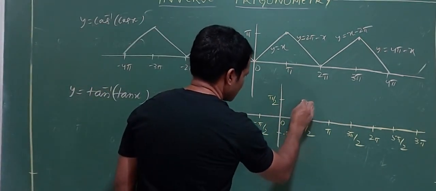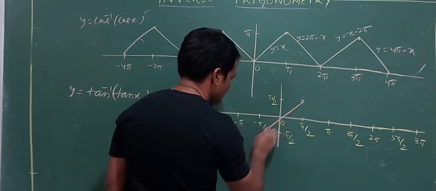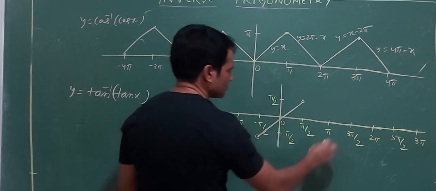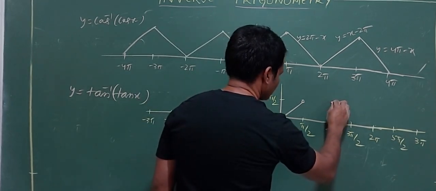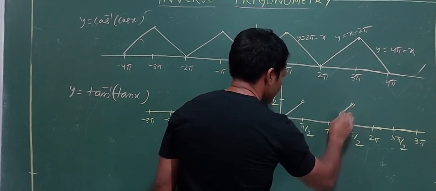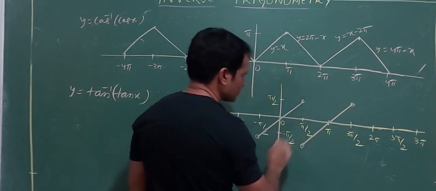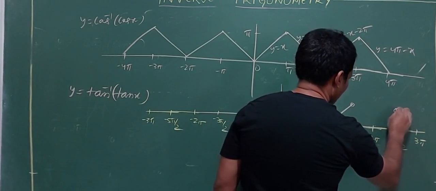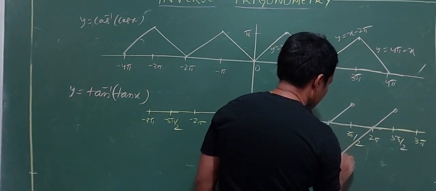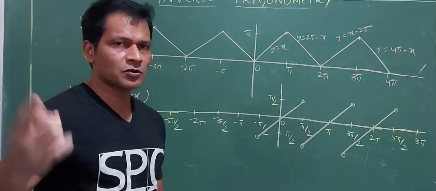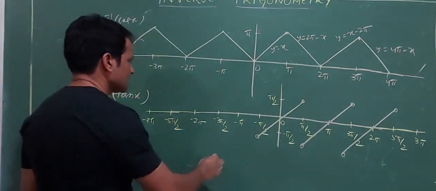Then open interval here, open interval here, at pi by 2 and minus pi by 2. Alright? Then from here, open interval passes to pi. Here, then here. Why open interval? You can see that the principal range is minus pi by 2 to pi by 2, open interval. Similarly, you can draw the lines here as well.